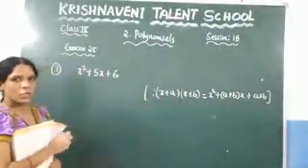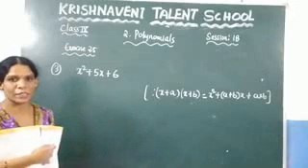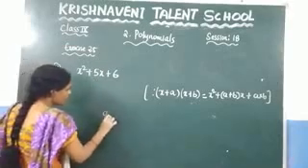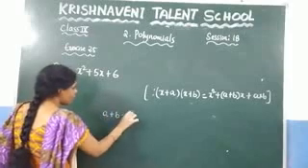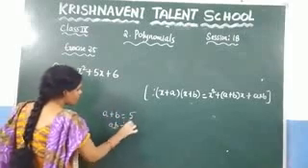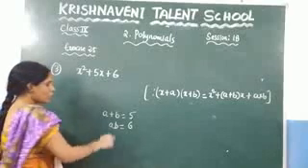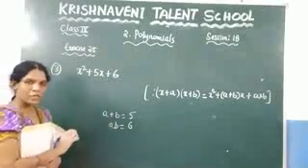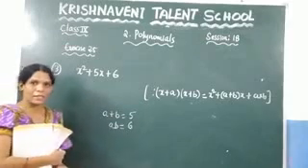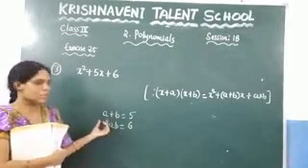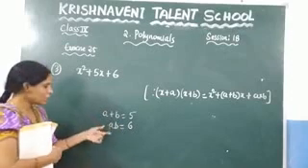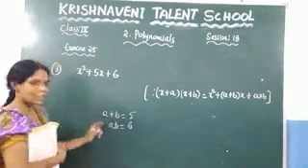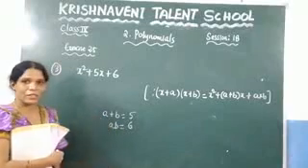to get here 6. What are those numbers? How do you split here? So clearly that means if you add a plus b, you have to get 5, and if you multiply the same numbers, you have to get 6. Then you can write this expression in the form of that identity. So here, what are those numbers? Clearly, if you take 3 and 2, 3 plus 2 gives you 5, 3 into 2 gives you 6. In place of a you can keep 3, and in place of b you can keep 2.